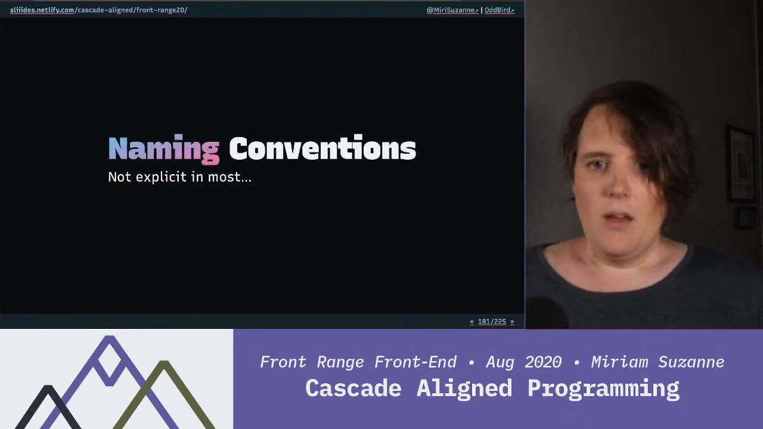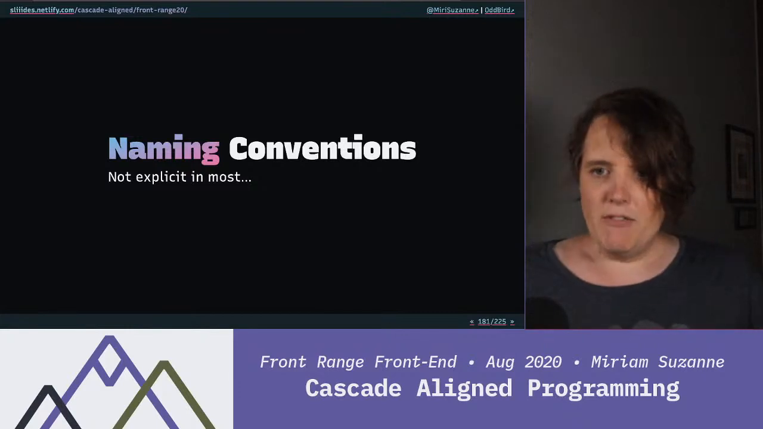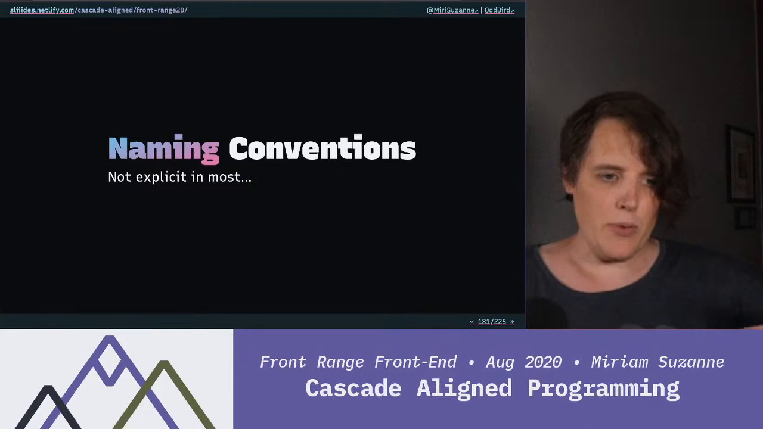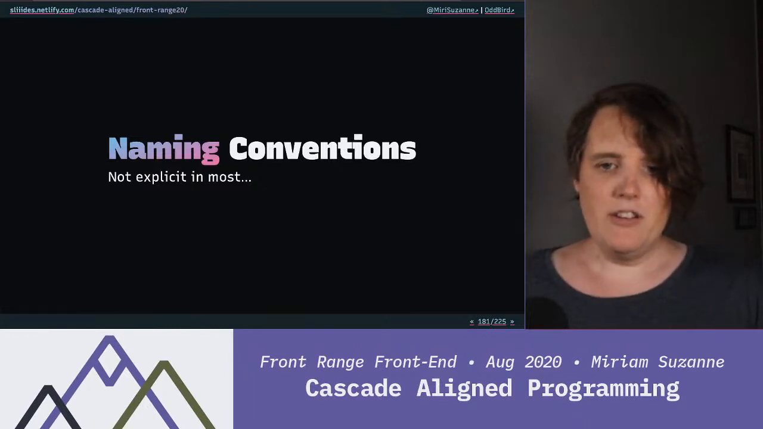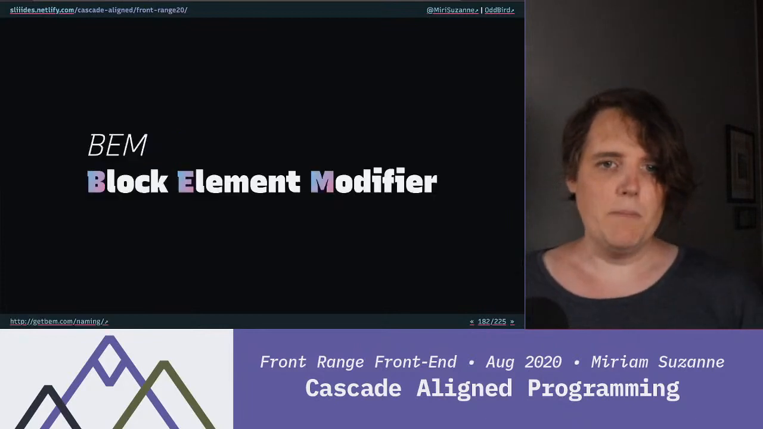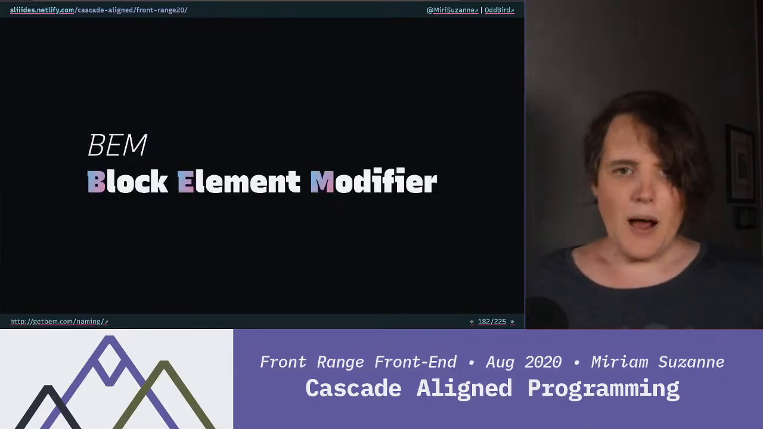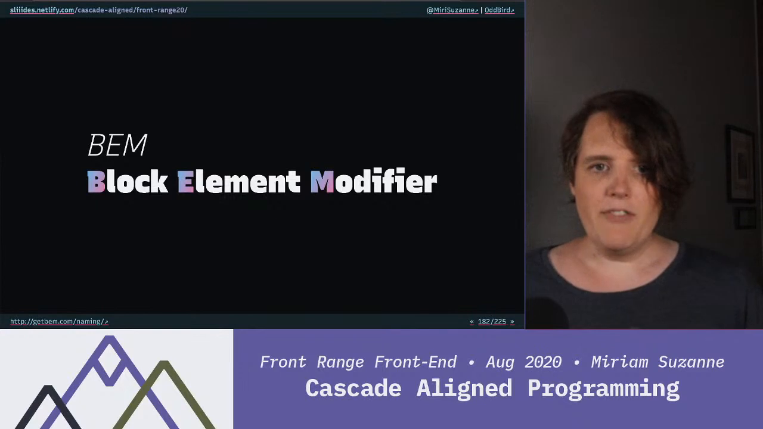I want to talk a little bit about naming conventions, sort of the last piece of this. So we've talked a little bit about organizing around the Cascade, but now I want to think about naming conventions. They're the other piece of creating a system. The most popular one is block element modifier, BEM syntax, which